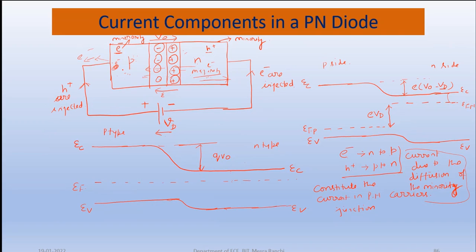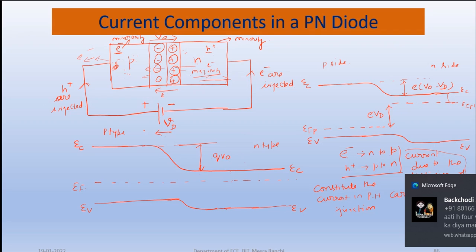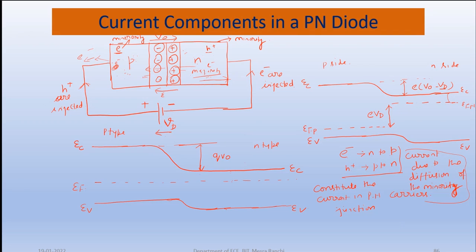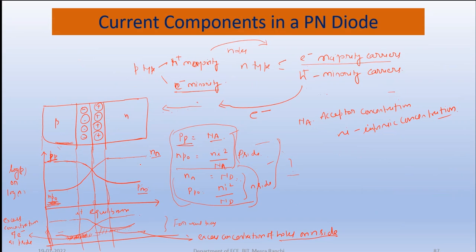So at equilibrium, when there was no bias, the concentration of the minority carriers was lower. But once you put the battery, this concentration will increase, because